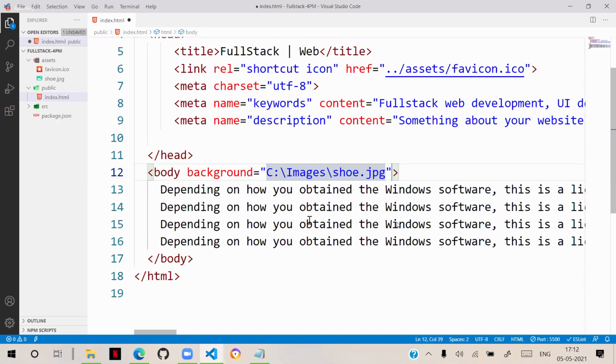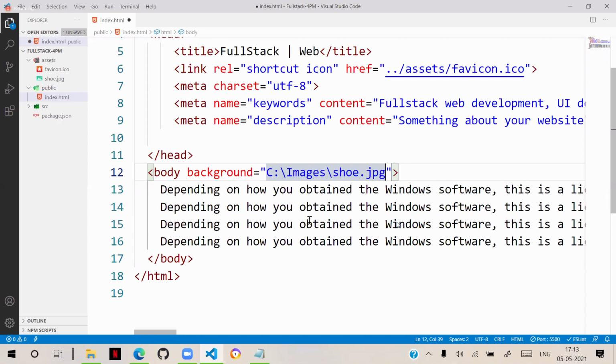You may say, sir, it is working on my computer. We don't care whether it works on your computer or not. It will not work when it goes to the server. So in web development, you should never write a physical path.